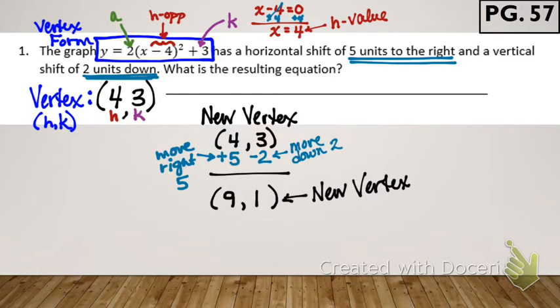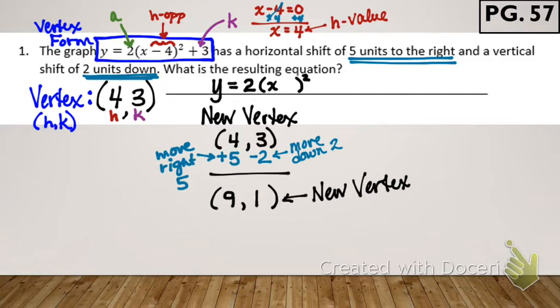Did anything else change about it? Did it say it got skinnier or reflected at all? No. Then my A value wouldn't change. So I'm going to write the new equation. It's going to be a y equals equation. The A value didn't change, so I still have a 2 here. I have x inside the parentheses, and the parentheses get squared. What number am I going to have in there with x? Plus